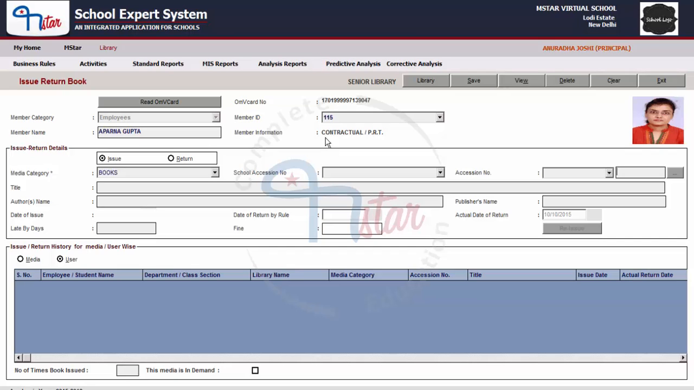The process for issuing a media to a user will remain same irrespective whether the user is an employee or a student. After it reads the details of the user, the issue button is selected by default. So, in case we want to issue a book, we have to make sure that this circle against the text issue is highlighted. After this, select the media category against which the book or the media needs to be issued,